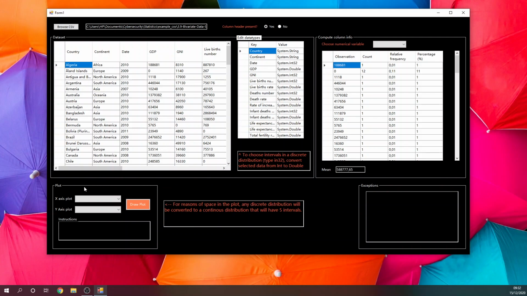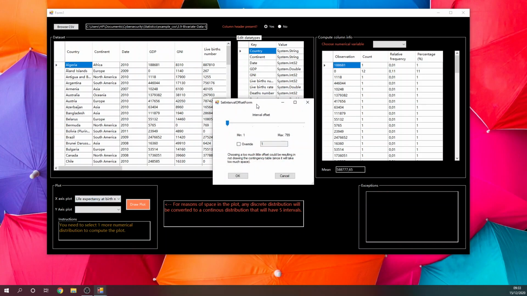Okay, so in order to plot distributions, we have this box. We can select our x-axis for the plot, for example, this column, and it asks to select the interval offset. So we can select how much the distance would be between the lower end and the upper end of the intervals. So the problem is if we choose too small an offset, for example 1, it could be a problem in